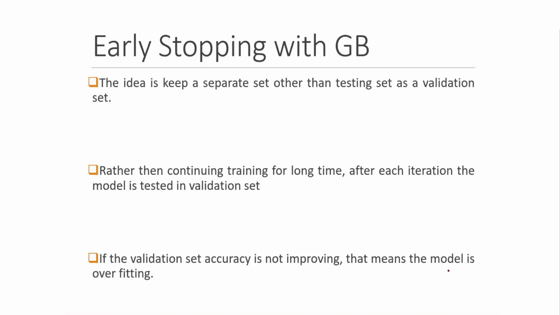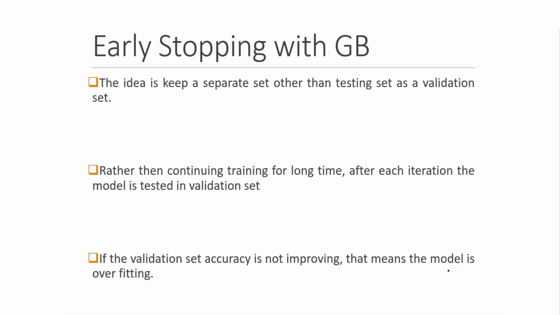Like in a neural network, you have a tendency called early stopping. There is also a similar strategy called early stopping in gradient boosting. What you do is you not only keep a training set and testing set, you also keep a validation set. And one simple thing, please understand, also one of the most important things of this lecture: the more parameters a model has, the more capacity it has to memorize, right? So as XGBoost has more parameters, you have to take more measures against overfitting.